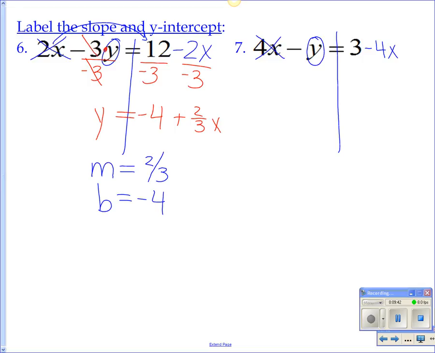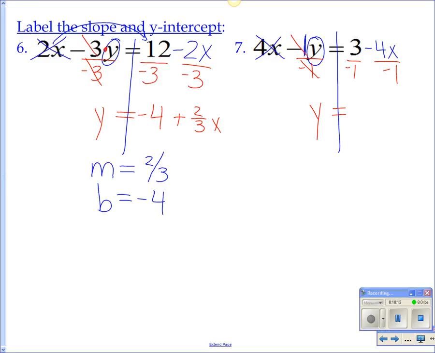-4x. Dylan, what's still with the y? A negative, yep. So you have to put a -1. Guys, don't forget about that. A lot of people forget that, and then they'll miss this problem on their test. There's a -1, so divide everything by -1. All right, so my answer is going to be y equals,